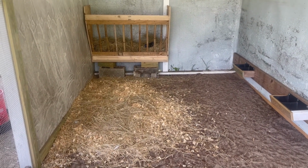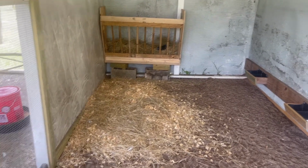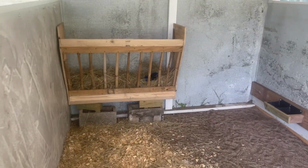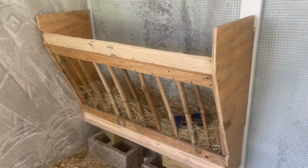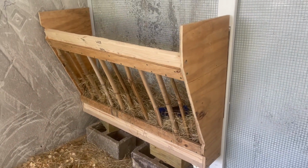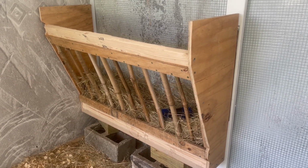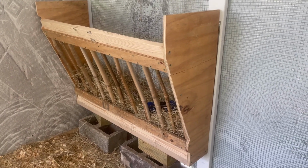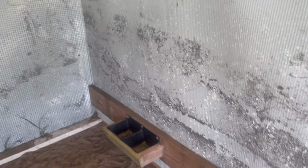We threw a little hay on top, and then you'll see their little hay manger over there that my husband built. I can walk you over there and give you an eyeball look at what he did. I'm sure he'll come out with a video where he can show you exactly how he built it. That is bamboo that he used in the middle, and just that plate there so it kind of leans forward. Fiona, if you don't leave those camera stands alone. And then right down here are their little